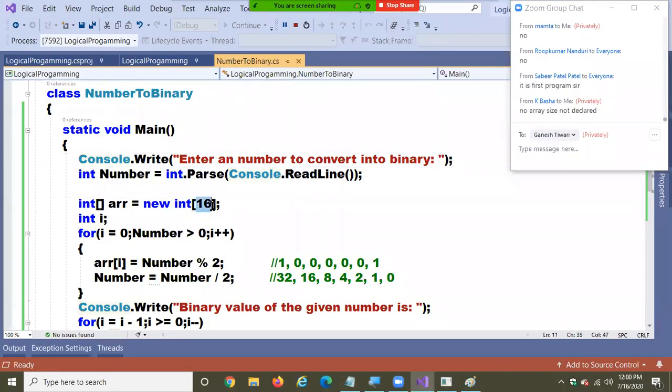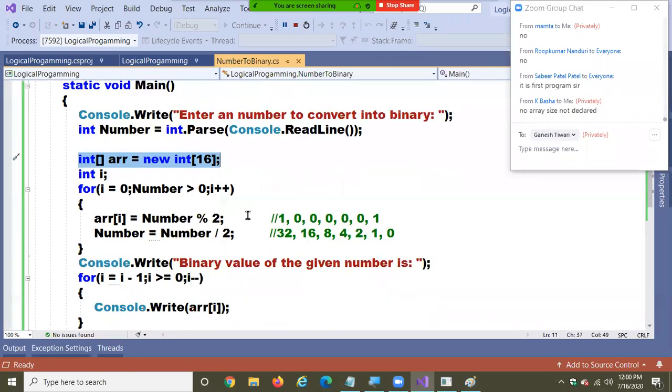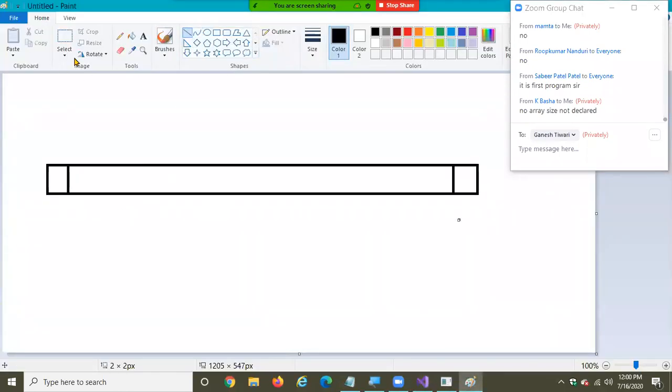Declared, no? See, array size is declared. Array size is 16. Array size is declared here, see, 16. Now, initially, all cells have the value 0.